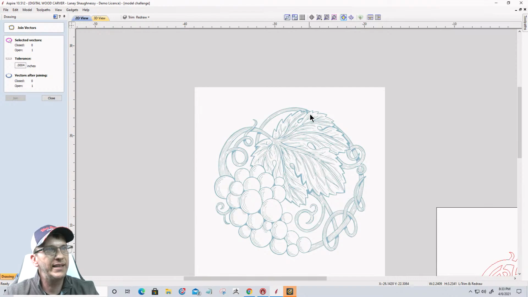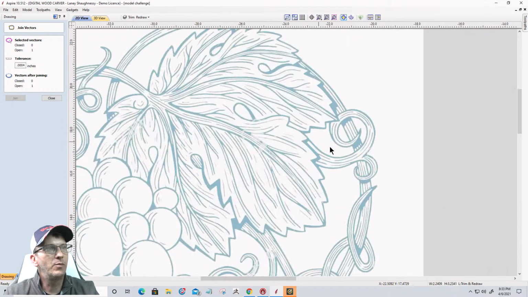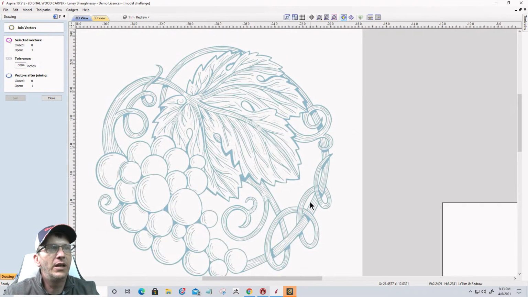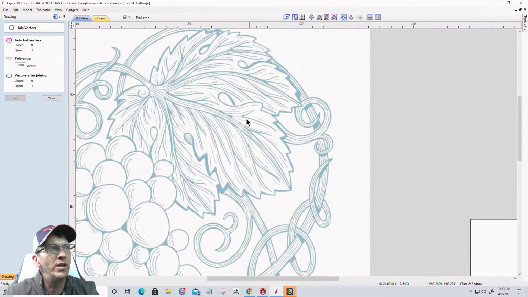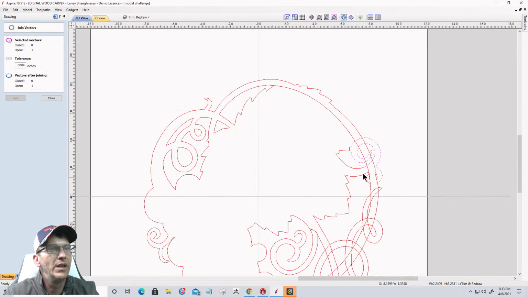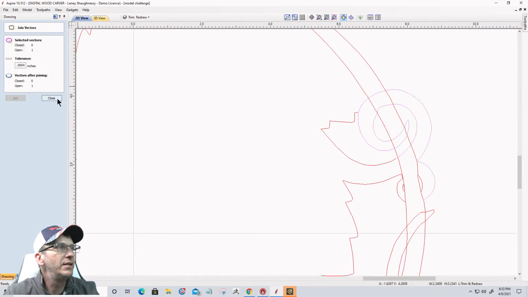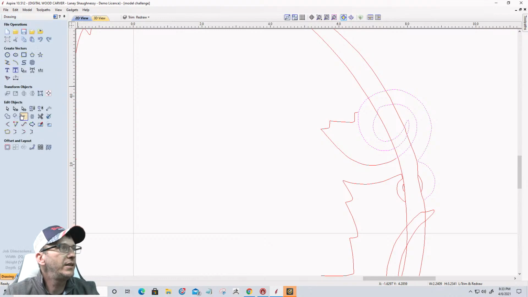So most likely it's branching off, wrapping around and connecting there, somewhere in there. But the leaf overlaps that, so we have to create our illusion. Basically I'm just going to close this off as one vector. Just this little piece of vine right there is going to be one closed vector by itself. So I'm going to go ahead and cut the vector